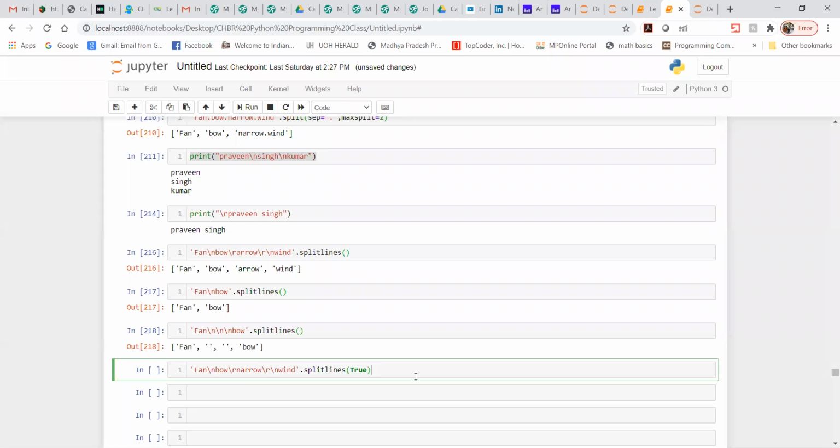Guys, can somebody give any thought on it? What exactly the output are we going to get? I need answers right now. I'm expecting a few people can ping, so that I can tell them whether it is the right answer or not. Somebody has sent fan bow, okay, fine. Other people, please give an attempt.